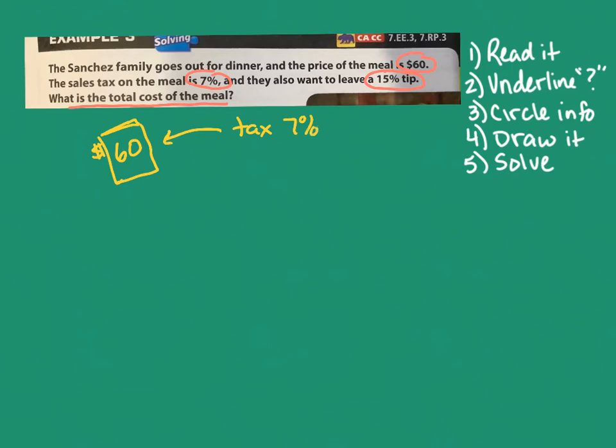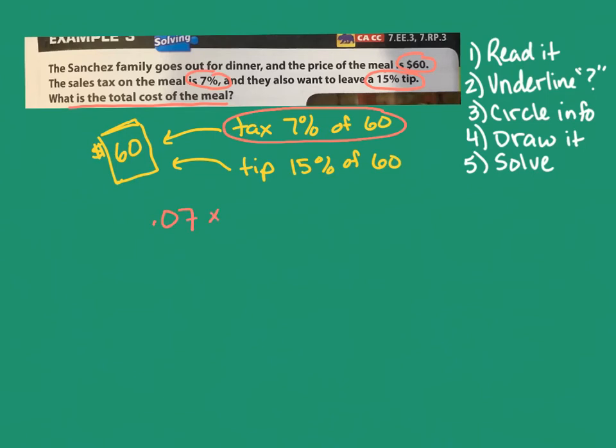And that's 7% of the $60 bill. And then there's also another added amount of the tip, and that is 15% of the $60 bill. So I think what I'm going to do is find out what is 7% of the $60 bill, and then afterwards do a separate one, what is 15% of the $60 bill. So I'm going to do, for this one,